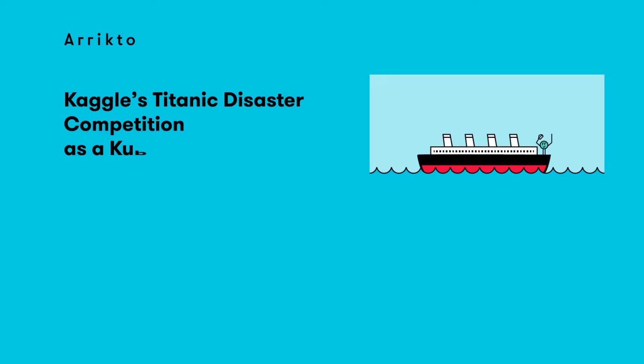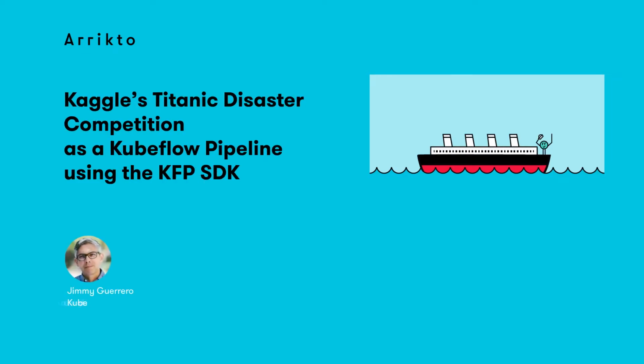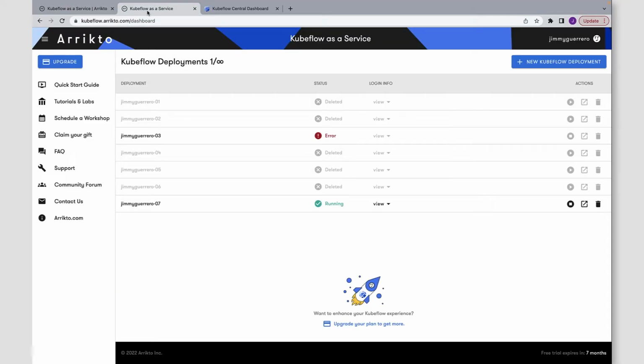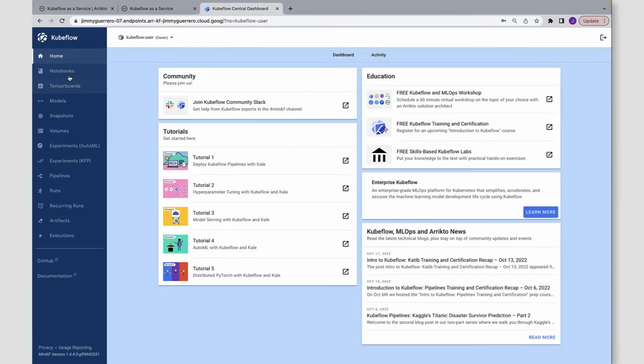All right, in this short demo, we're going to show you how to convert Kaggle's Titanic disaster machine learning example into a Kubeflow pipeline using the KFP SDK. The first thing to do is to make sure that you've got Kubeflow deployed. I'm going to be using Arrikto's Kubeflow as a Service, so go ahead and log into your